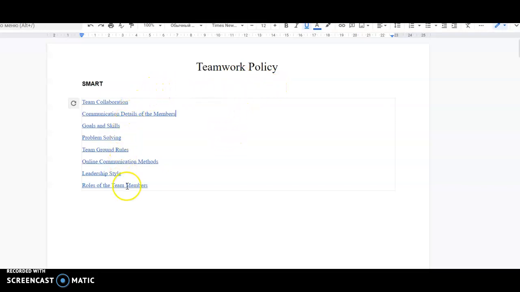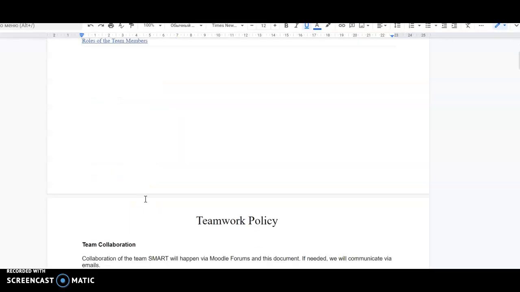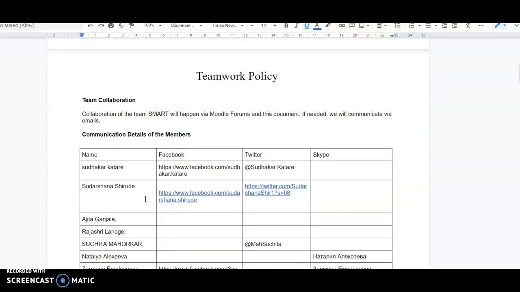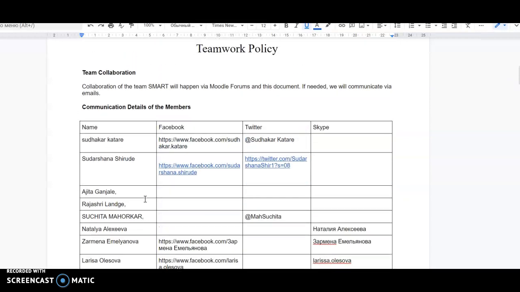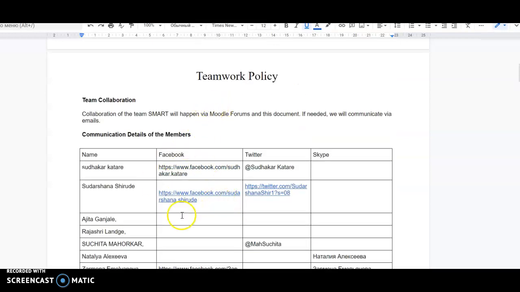So you see there are main issues which are here: team collaboration, communication, details of members, goals, skills, problem solving, team ground rules, online communication methods, leadership style, roles of the team members. And if I scroll down, you will see how we work on each and write our